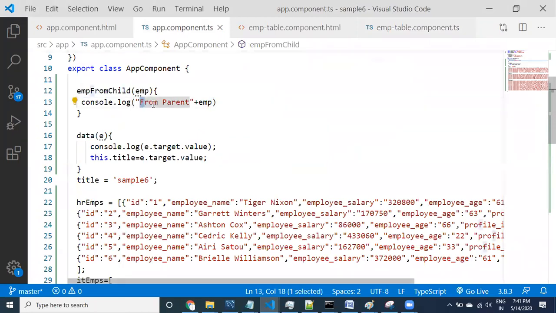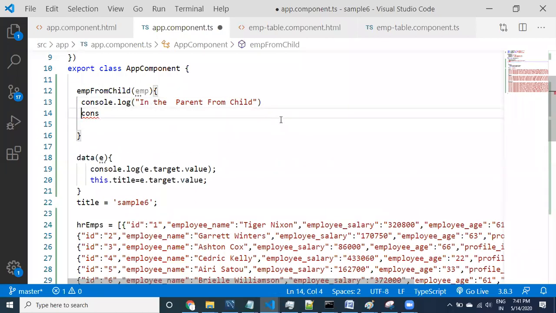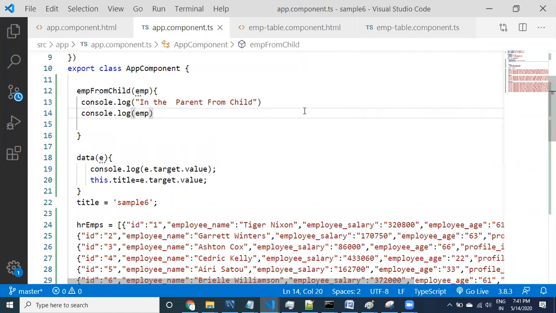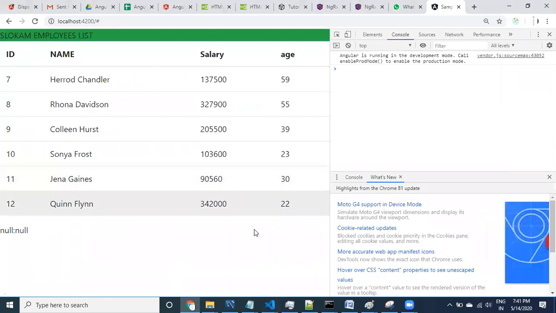In the parent I'm going to make it from child, and then display this employee in the next console so that it will display the employee information. Otherwise it is going to display object if you say plus here.